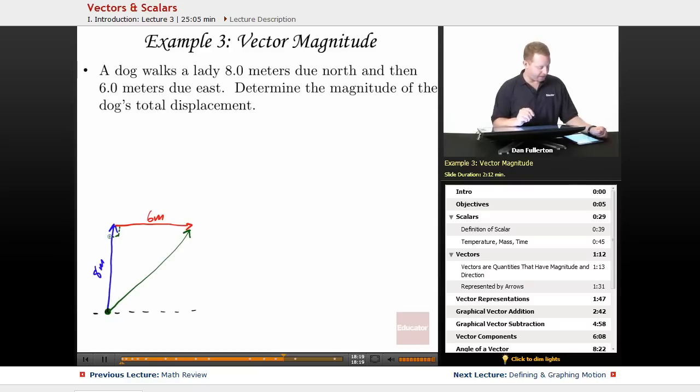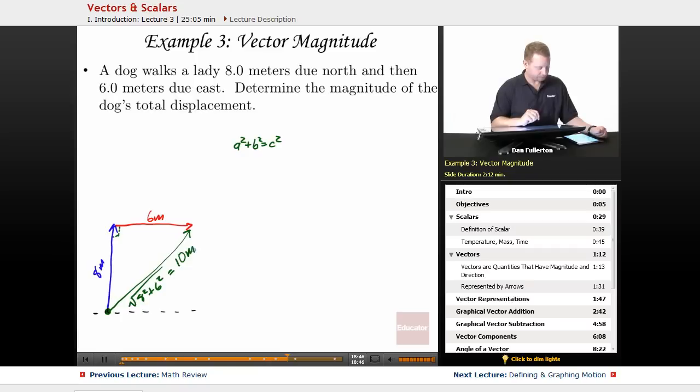We can use the Pythagorean theorem. a squared plus b squared equals c squared, where a is our 8 meters, b is our 6 meters, and c is going to be our hypotenuse, or the displacement. Therefore, this is going to have a magnitude of the square root of 8 meters squared plus 6 squared, or the square root of 64 plus 36, the square root of 100. It's going to be 10